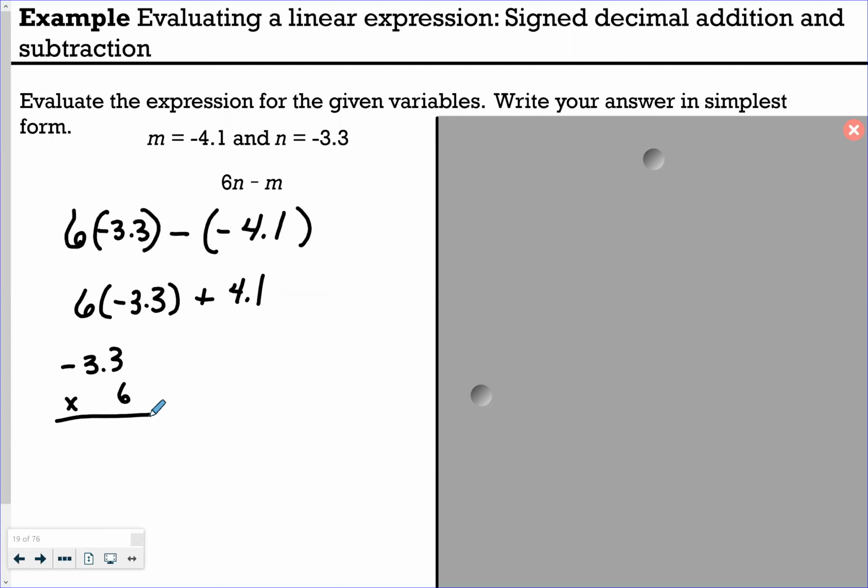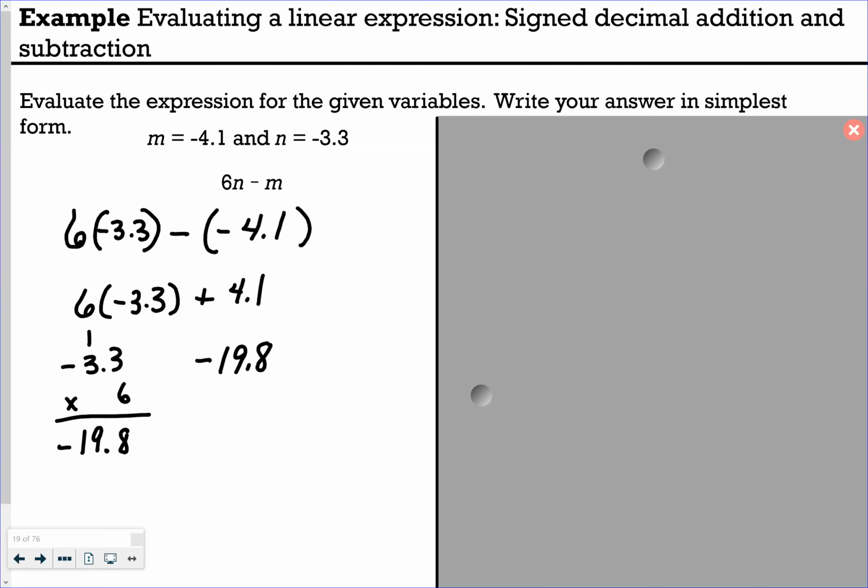So now 6 times 3 is 18. And then 6 times 3 is 18, plus the 1 is 19. Have 1 decimal place. And since it's a negative times a positive, we're negative. So we have negative 19.8